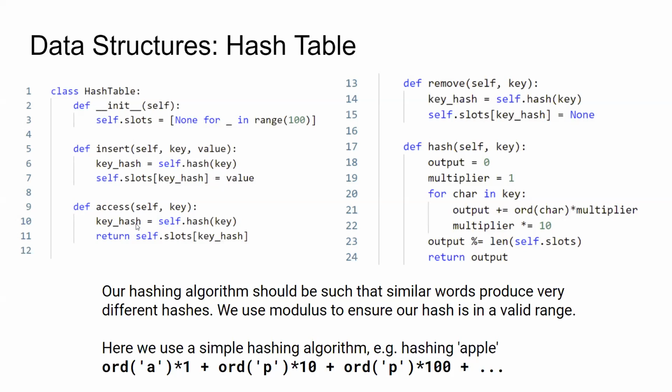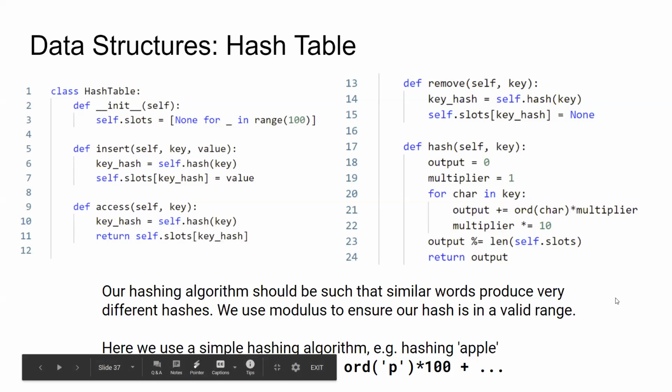So it's very similar for access. We run the key through our hashing algorithm, and then we return the value at that hash. So our hashing algorithm here is relatively simple. We basically just sum